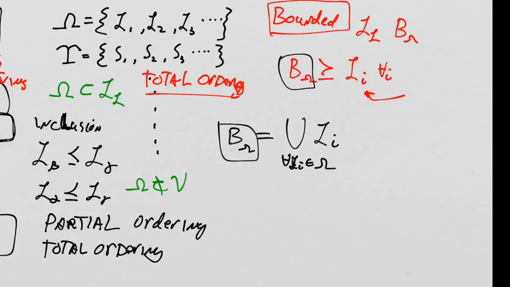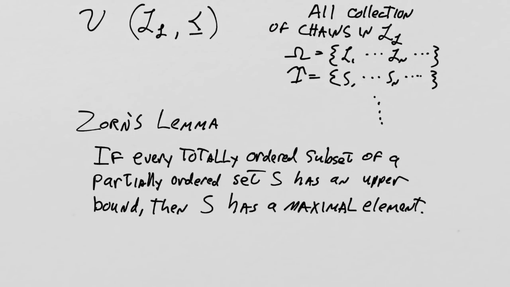So the big point here is that every one of these sets is bounded in L sub L. All right, so now we're on the big step. Zorn's lemma. We are all completely set up to exploit Zorn's lemma. Zorn's lemma reads, if every totally ordered subset of a partially ordered set S has an upper bound, then S has a maximal element. So we're going to focus on Zorn's lemma here, and the partially ordered set we're talking